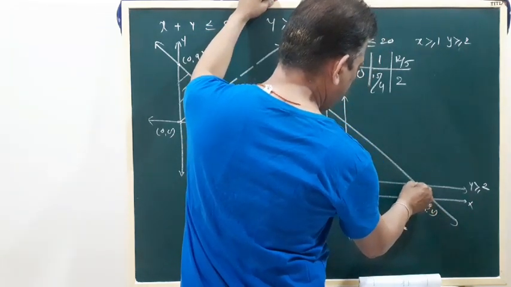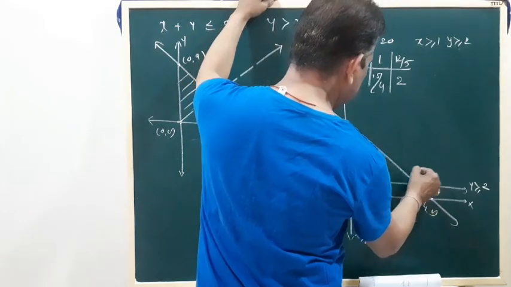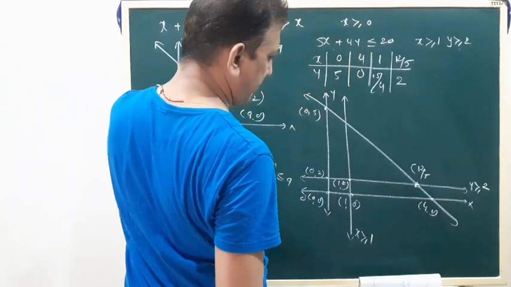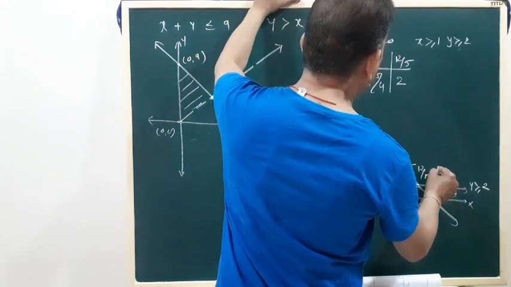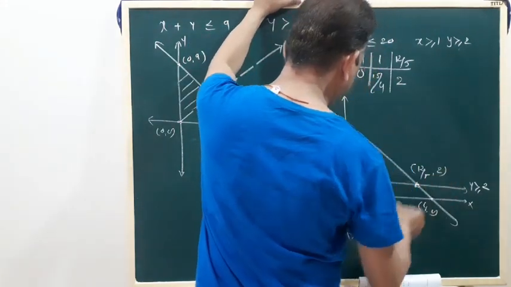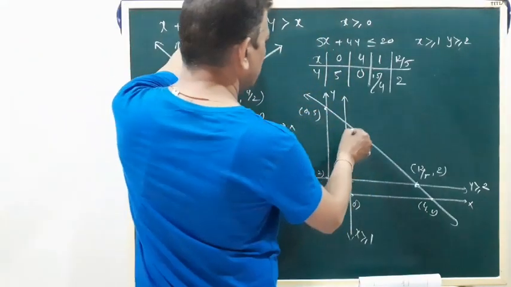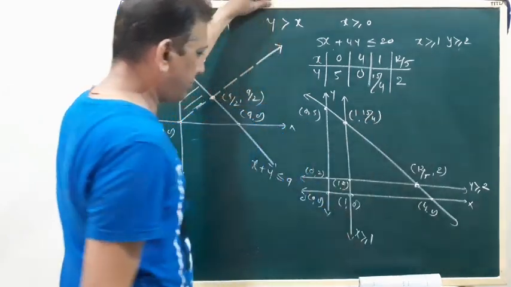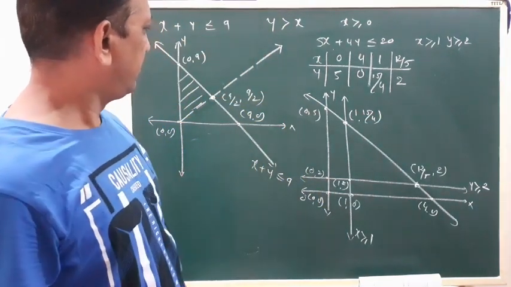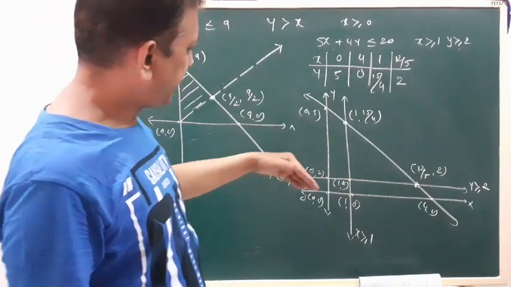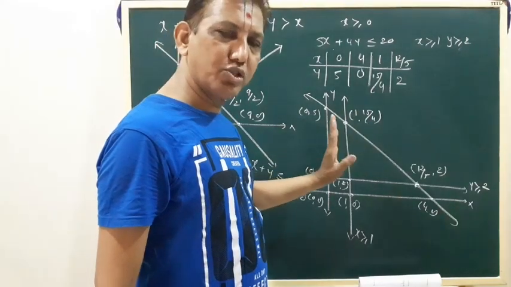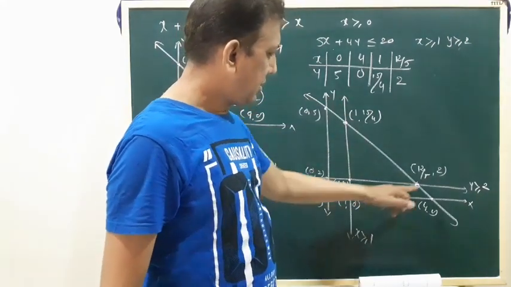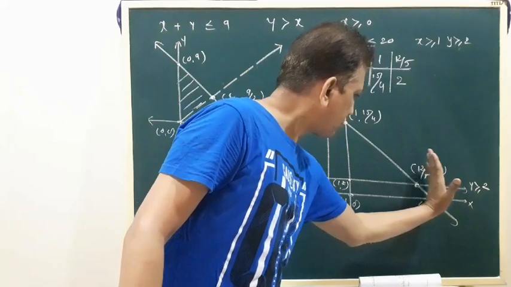And the intersection point of y equal to 2 and this line is 12 by 5. 5 twos are right, and 2. Okay. Now the intersection of this line x equal to 1 is 15 by 4, approximately 4 point something. So below the 5. And here 12 by 5 is smaller than 4.